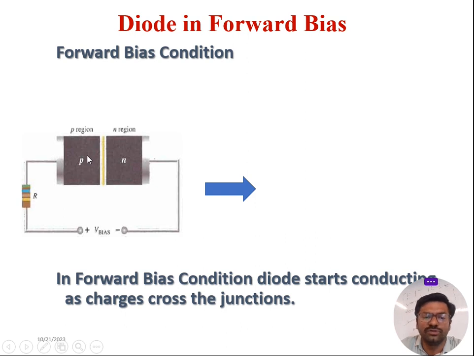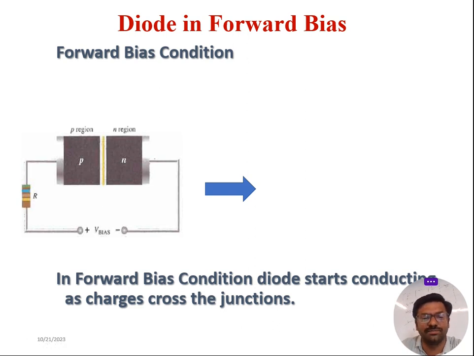Then the diode goes to forward bias, because whenever we are applying an AC signal, at that time this potential should be more than the negative potential, and how much more is that it should be greater than the depletion region potential. For example, if we consider a silicon diode, at that time this terminal should be 0.7 volt more than the negative terminal potential. Then the diode goes to forward bias.